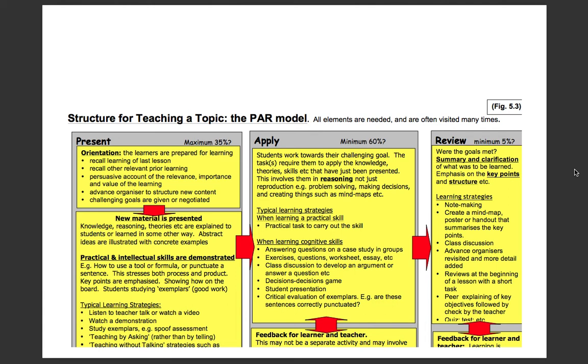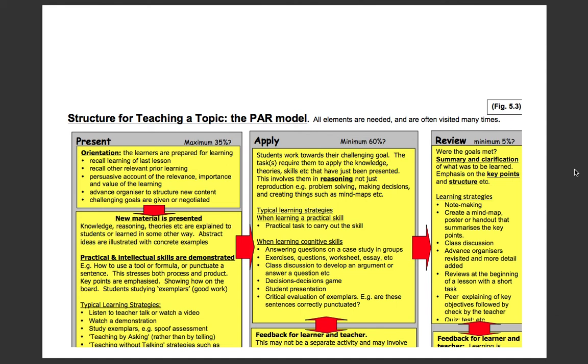So as I mentioned in the previous video, along with orientation, the students are prepared for learning. They're recalling the information and linking it with any prior knowledge. They're also understanding the importance and the value of what they're learning, and they're making sense of any content structures. And you're really presenting goals and missions to these students